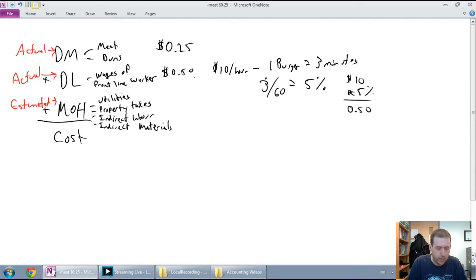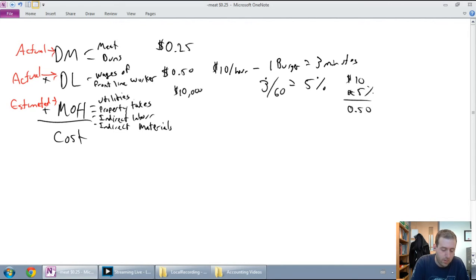And so what job order costing says is, use something called the predetermined overhead rate. And what do we mean? Well, don't take utilities per burger. Let's take utilities for the year or for the month, most likely for the year. So we're going to say utilities for the year are, for example,